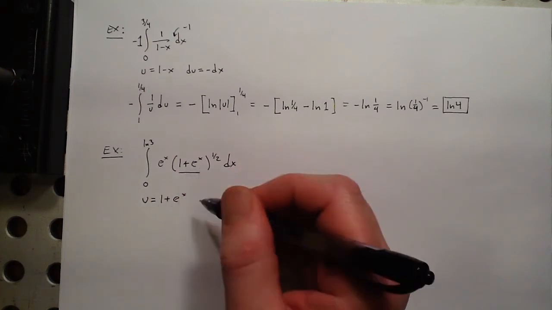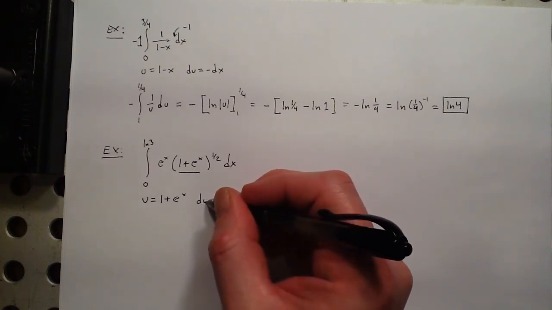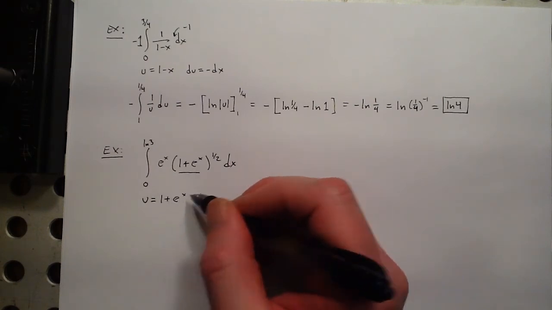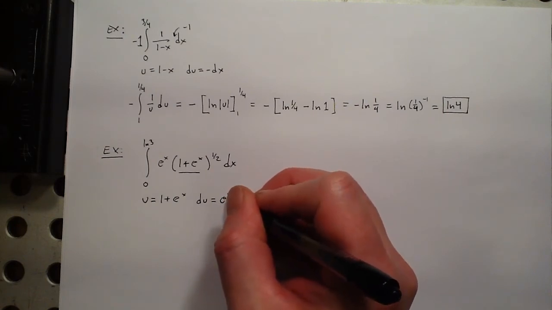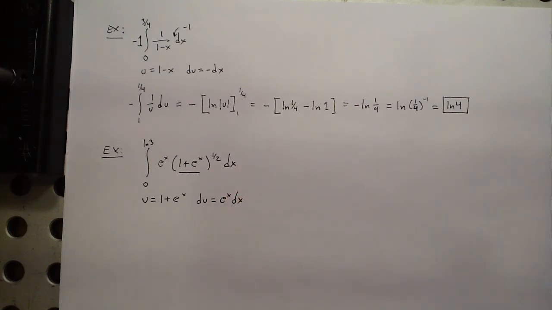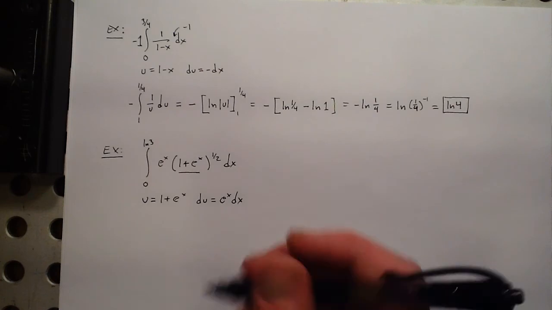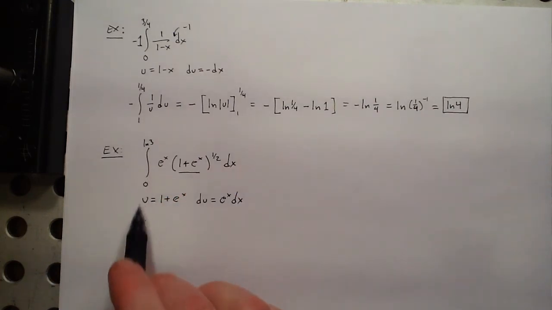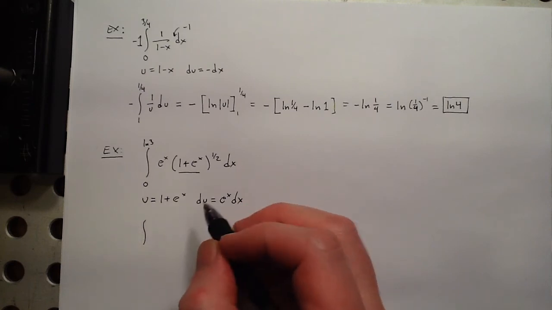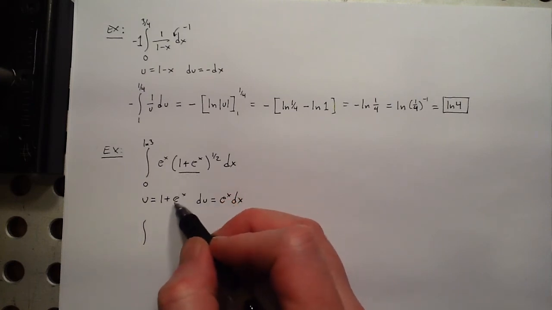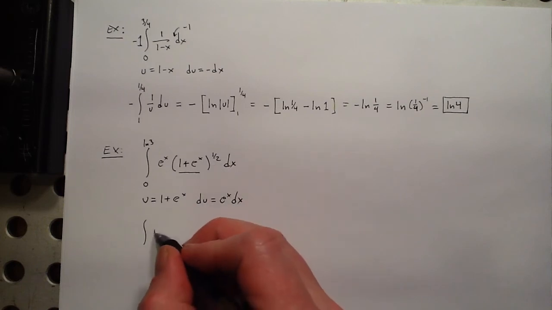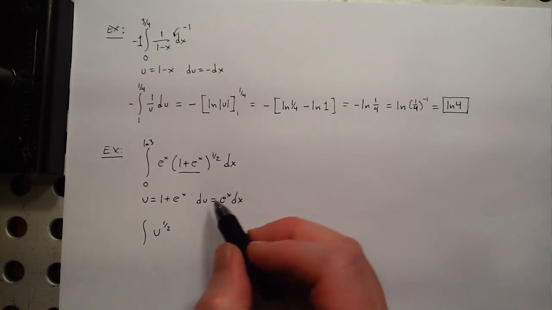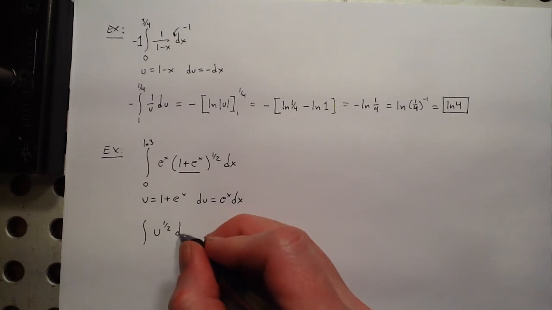So let u equal 1 plus e to the x. The derivative of that, derivative of 1 is 0, derivative of e to the x is e to the x dx. And hey, look, there's my e to the x dx. So I don't have to insert any numbers here. I have exactly what I need. So let's see. That's now going to look like the integral. I'm going to wait, not write down those numbers yet, of, this is u to the 1/2 du,